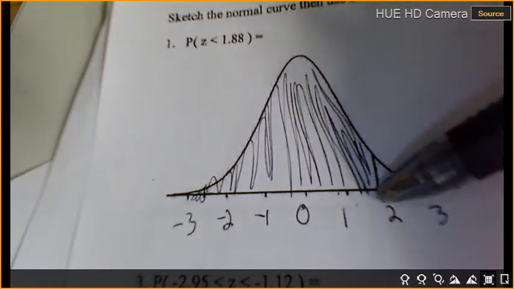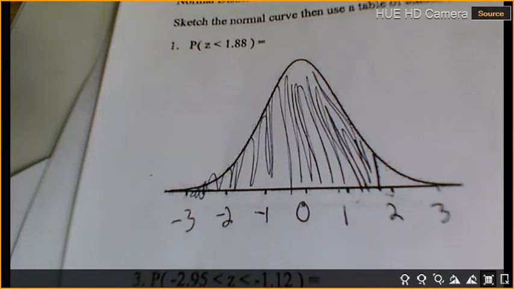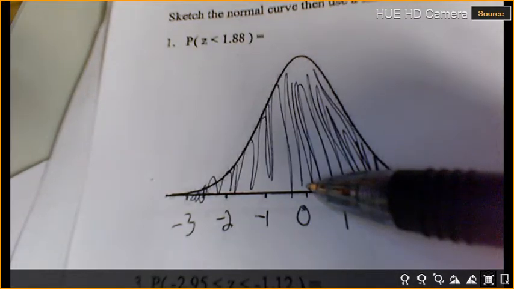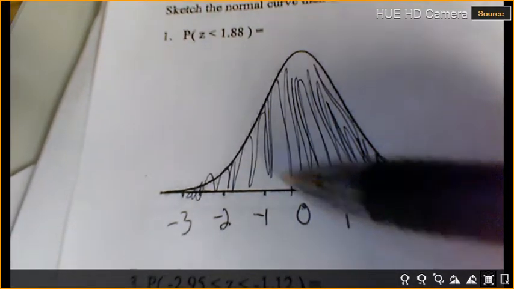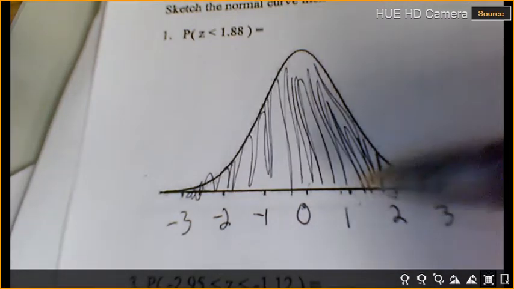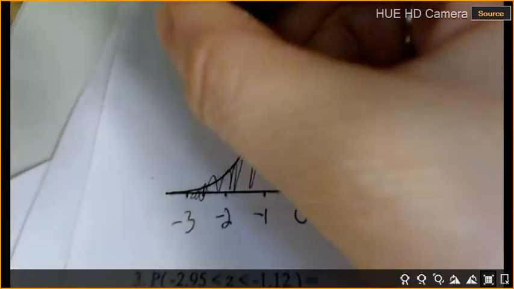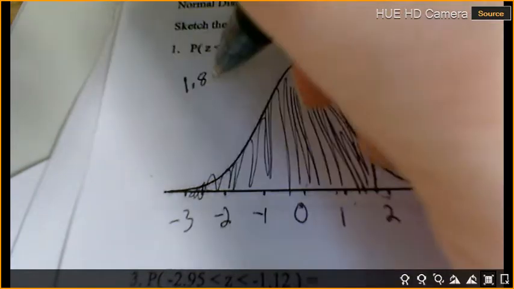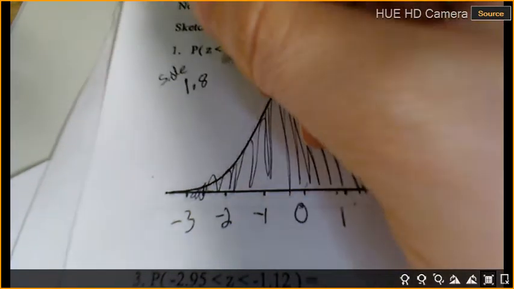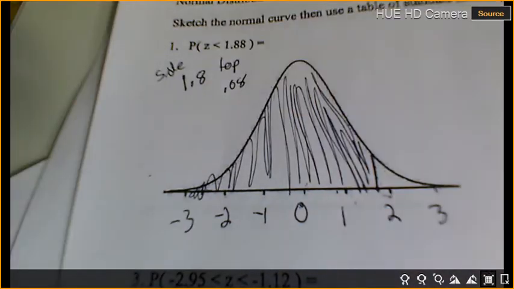1.8 would be between 1 and 2. Okay. So I want to know how much this area is. If we were looking up empirical rule, we would just add everything up till 2, but we're at 1.88. So then I'm going to go to my z-score chart, I'm going to go to 1.8 on the side, and then on the top I'm going to go over to 0.08. So I'm at 1.8, I go over to 0.08, and I get